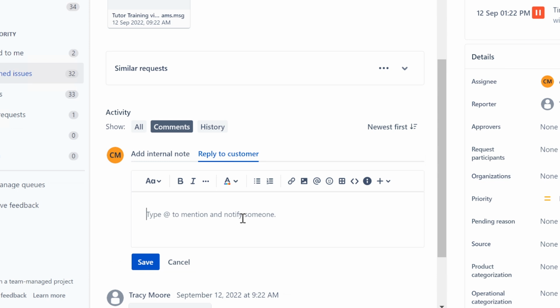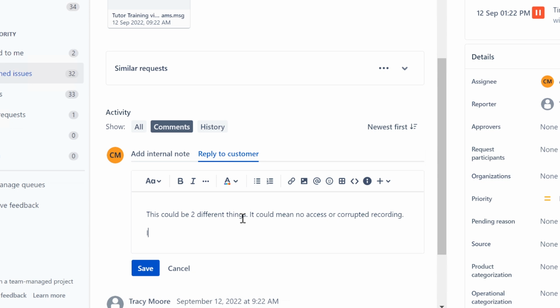Okay, I'm just gonna reply and say, so this could be two different things. It could mean no access, as in like, your login ID doesn't allow access, or corrupted recording. I would test with the user and see if a new